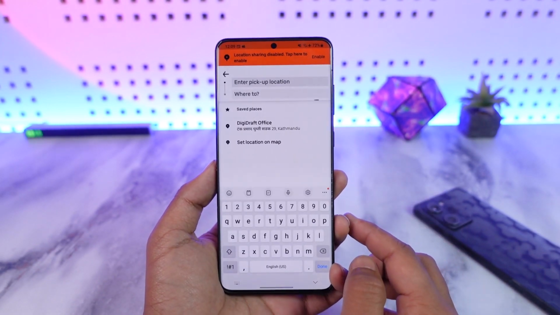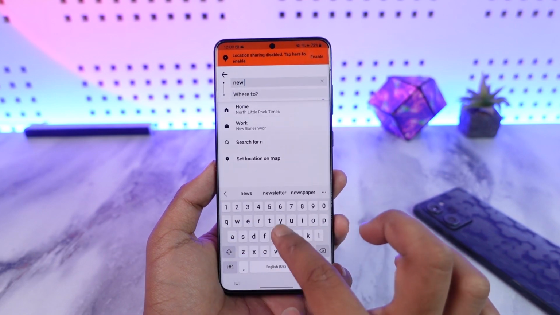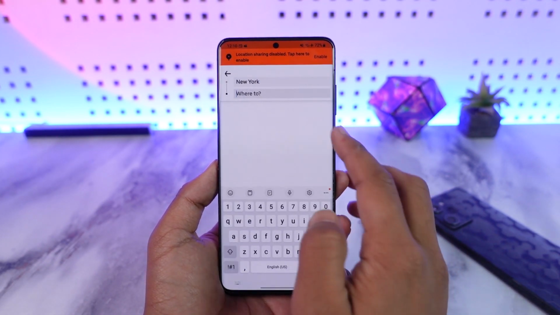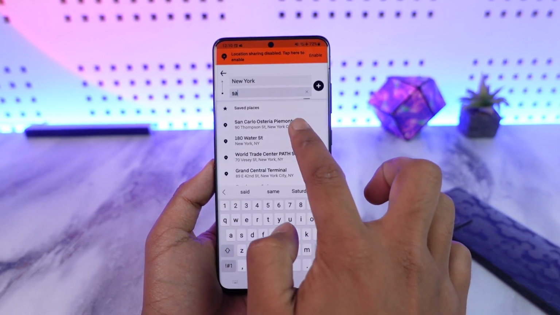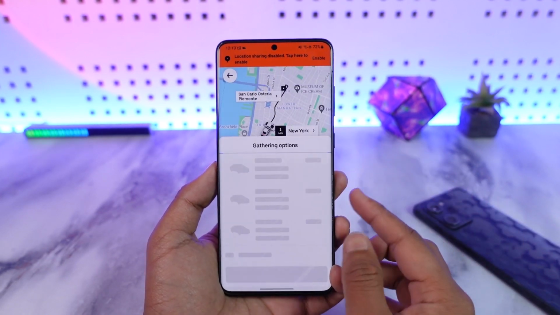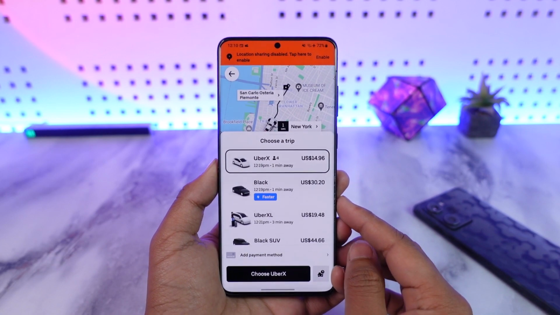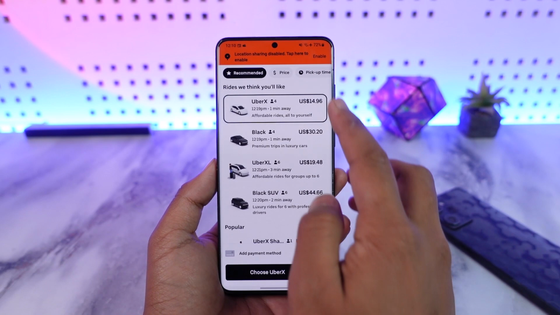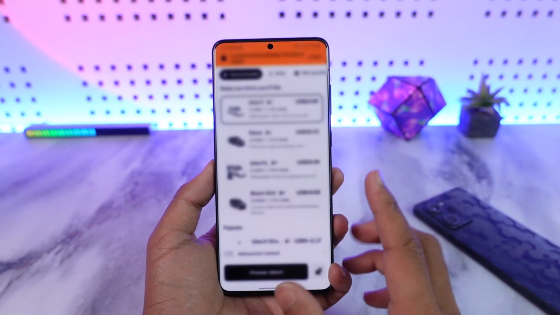Now over here you simply need to enter your pickup point, and once you enter your pickup point you also want to make sure to enter your destination here. As you do that, you'll find under gathering options many sort of options here, such as whether you want Uber X or the Black, Uber XL, or depending upon whatever else it is that you prefer, you can simply go